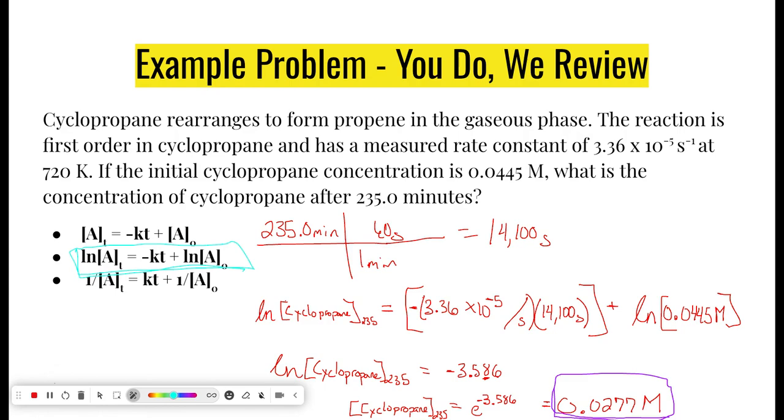I opted to convert the 235 minutes into seconds when I was solving for this. So I multiplied negative 3.36 times 10 to the negative fifth times 14,100 seconds. I added that to the natural log of 0.0445, as you guys can see there. And then, guys, remember, in order to undo a natural log, you have to take the e of both sides. So that's what I did here. Took the e of both sides. And then our concentration ended up being